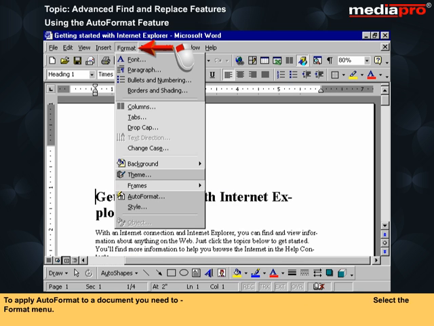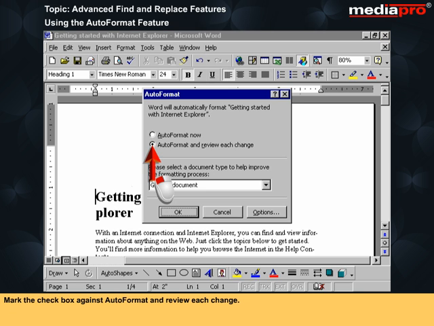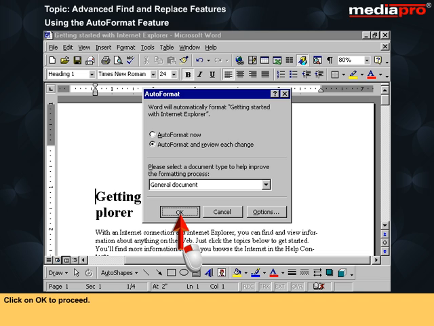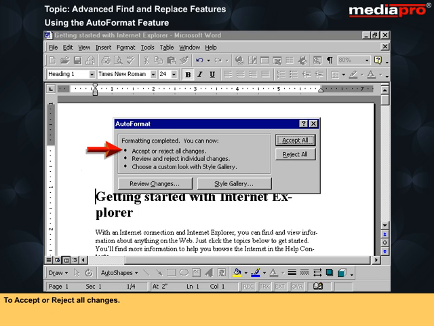To apply AutoFormat to a document, you need to select the Format menu, select the AutoFormat command, mark the checkbox against AutoFormat and review each change. Click on OK to proceed, or click on Cancel to abort the AutoFormat action. If AutoFormat has been applied, the dialog box reappears and prompts you with options requesting further information on how to proceed: to accept or reject all changes, to review and reject individual changes, to use the Style Gallery to select